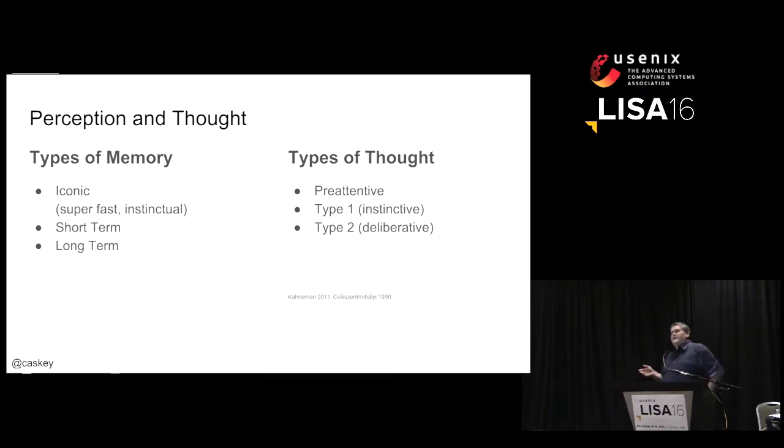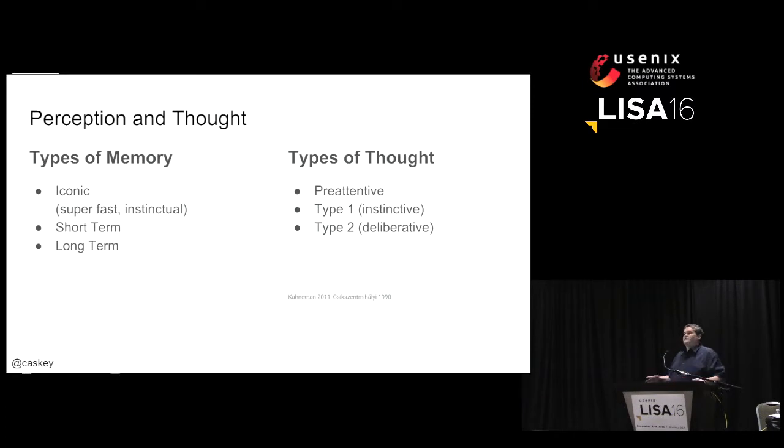Type 2 is the part that kicks in when we're doing the hardest, and usually the most interesting, parts of our jobs. When we're doing on-call response, when we're actually trying to work a really meaty problem where we have to engage all of our cognitive faculties. And it's also the part that every time someone taps us on the shoulder or sends us an IM, it completely disrupts it, because type 2 thought, that deliberative thought, takes a long time to spin up and get engaged because it requires so much of your mental capacity.